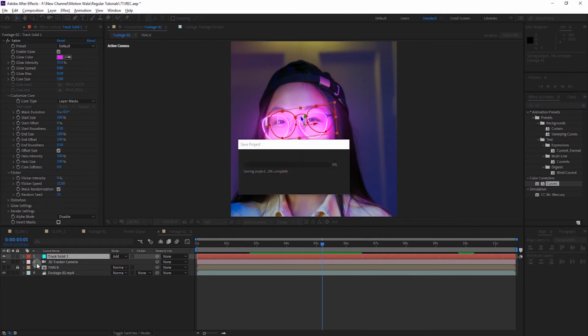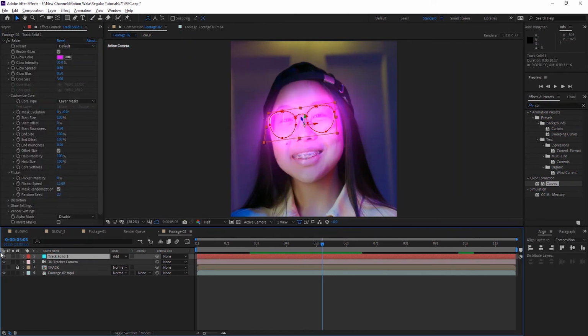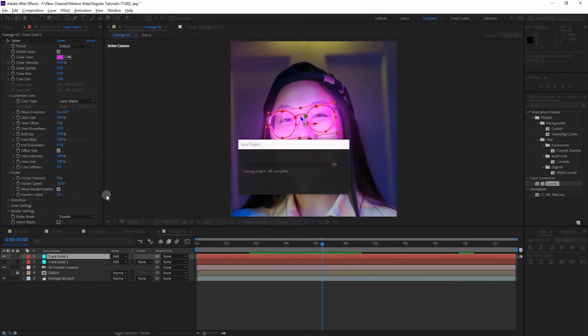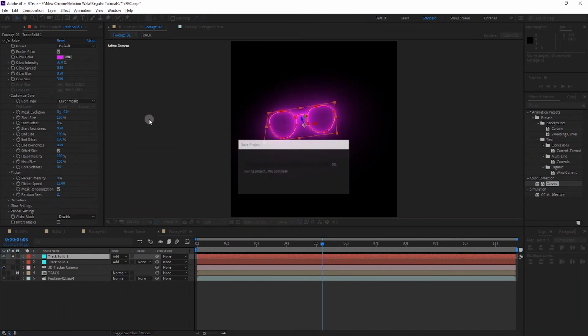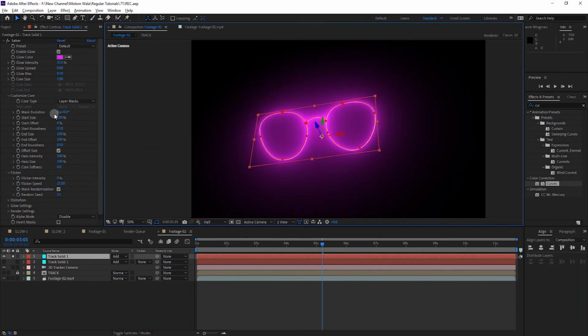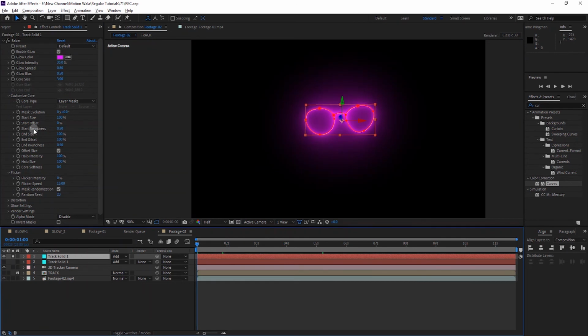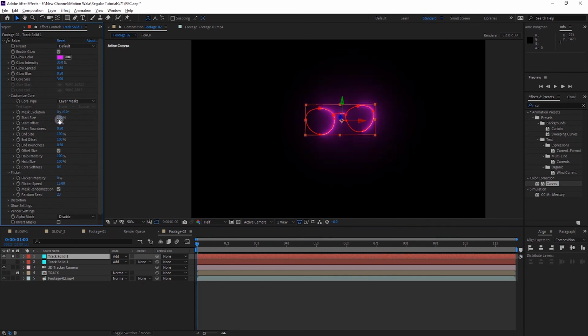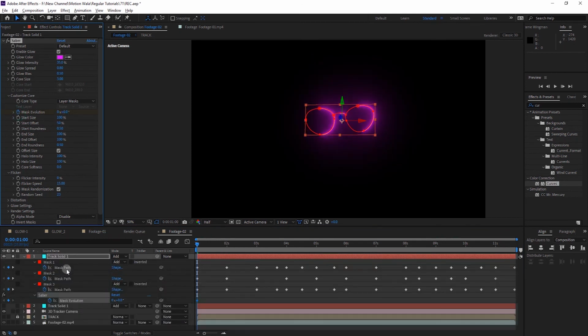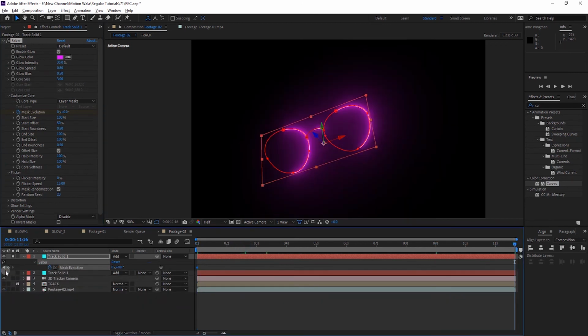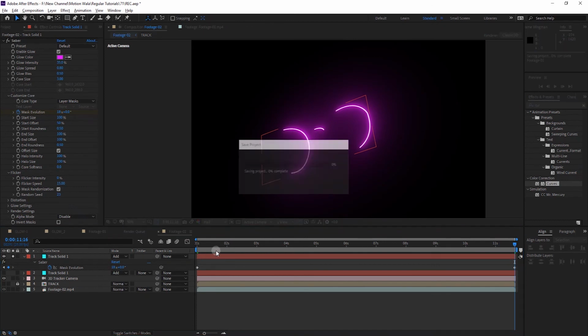But I will show you one more quick technique. I will duplicate this layer and hide the first one, and I will solo it and show you how to do this very quickly. First of all, change the start offset to around 50, and add a keyframe on mask evolution, and then go to the last frame, and here I will change this to maybe 18.